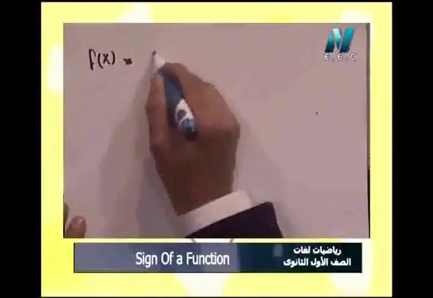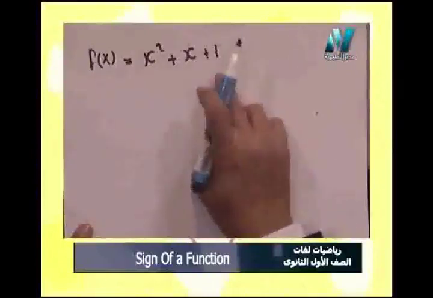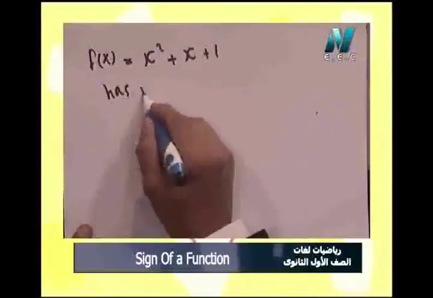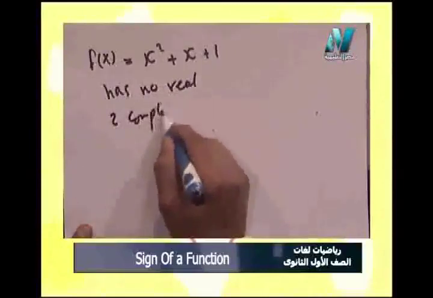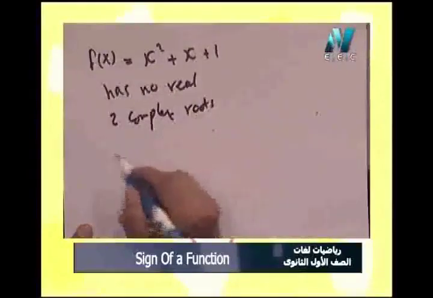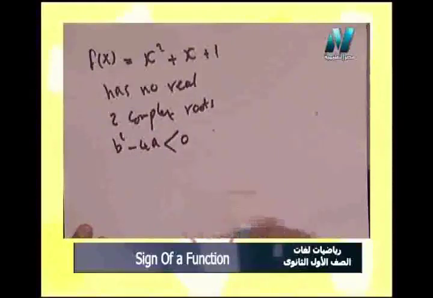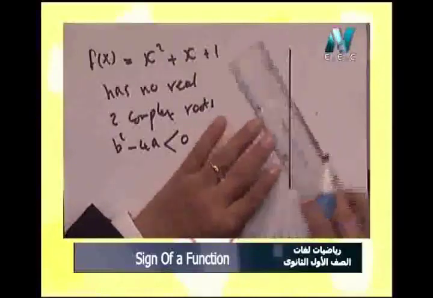So concentrate with me to find out another one. If we have here f(x) = x² + x + 1, when we try to find the roots of this function, it has no real roots, but it has two complex roots, and the discriminant b² − 4ac of course will be less than 0, or negative. So when we graph it like that,